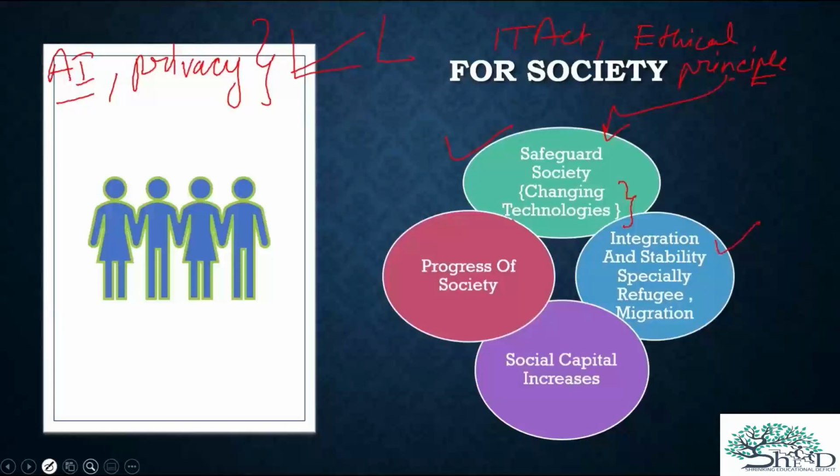Now you have seen a lot of cases where refugees and migration has happened. Okay, integration, let's see refugee. Then what happens is some violence happens. Then they feel alienated and they become radicalized. So this concept I picked up from GS3, GS paper 3, internal security. So this is how you can relate your GS4 ethics paper with other papers, right?